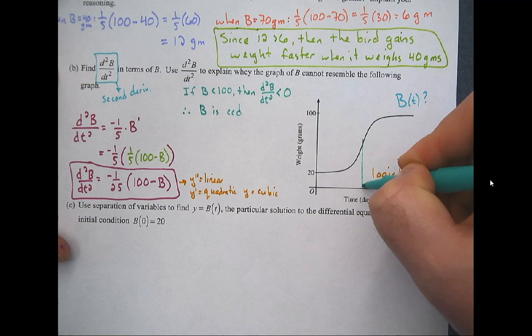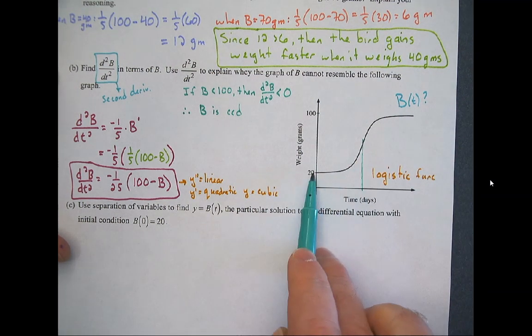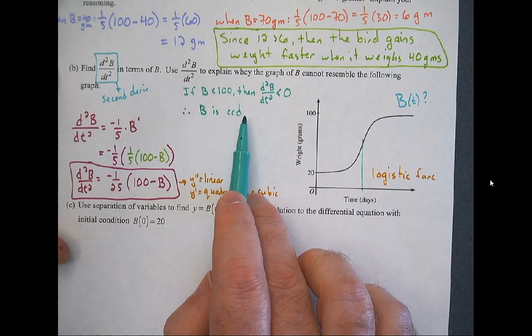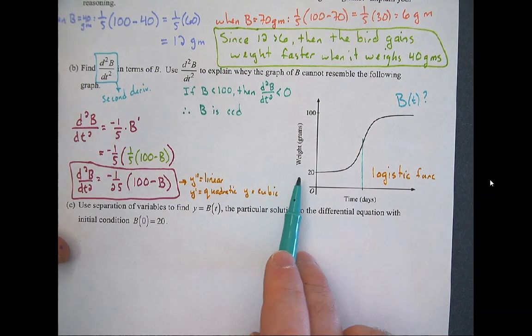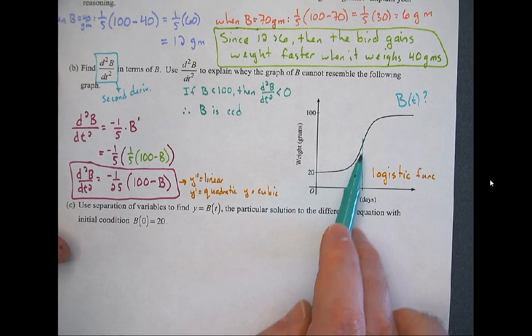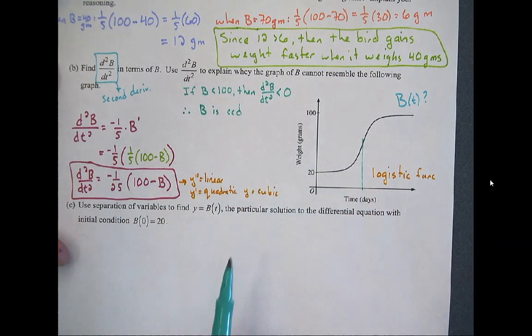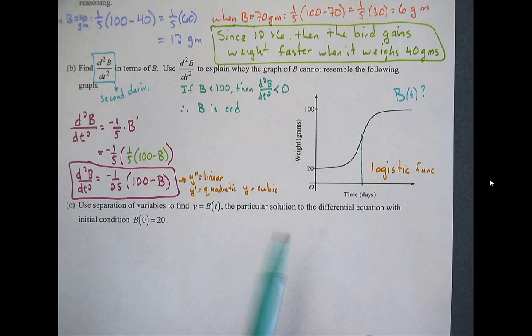like this, wherever this is, these are all concave up for sure, and that really doesn't fit with this argument. So if b is less than 100, well, where's 100 going to be? These are all concave up values. So if b is less than 100, our function has to be concave down. No way that works. No way. And then we could go the other route. I mean, the second route would be